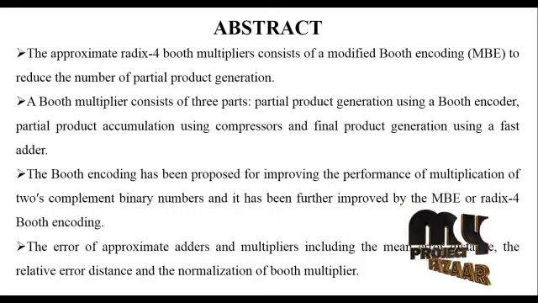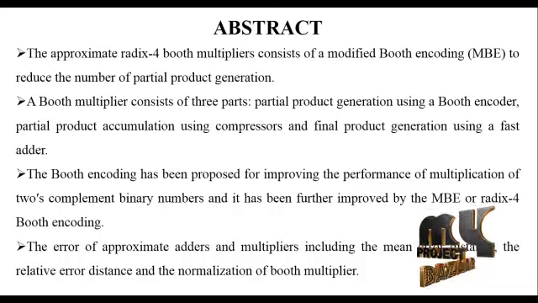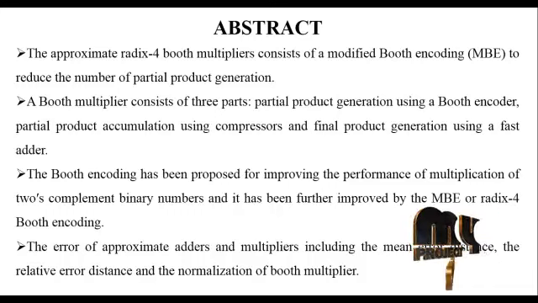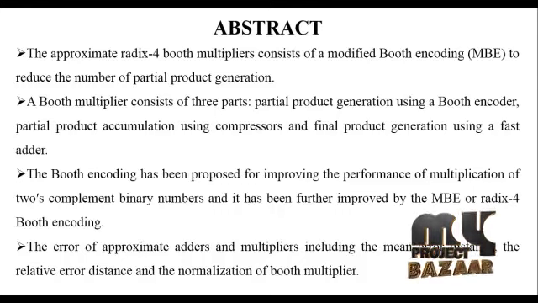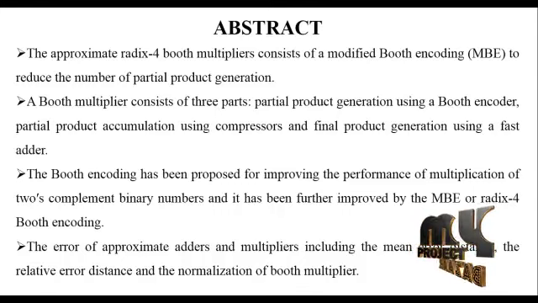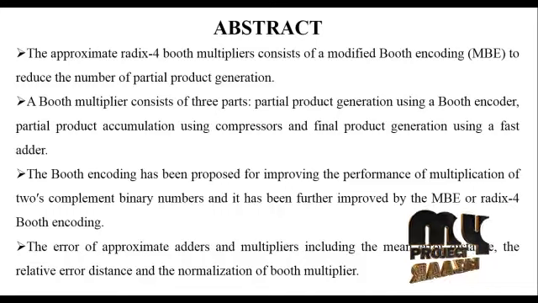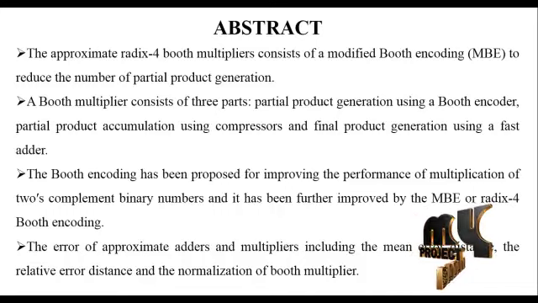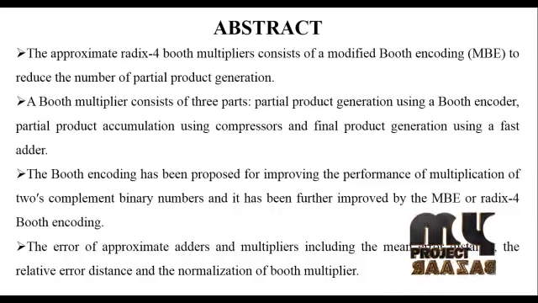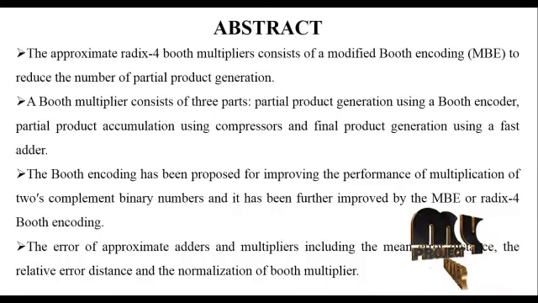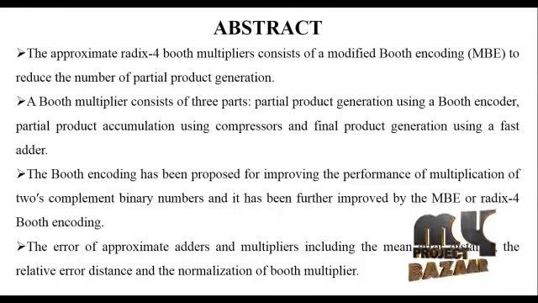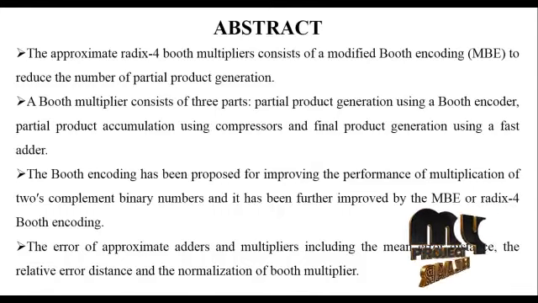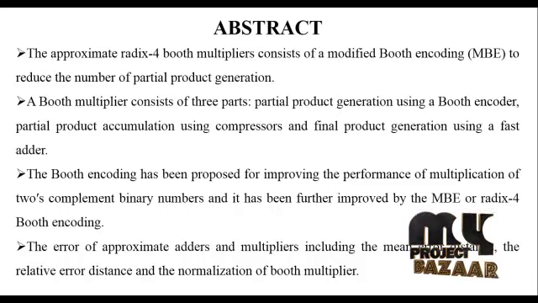Booth encoding was proposed for improving the performance of multiplication of 2's complement binary numbers. It has a further improved form, the MBE, modified Booth encoding or the radix-4 Booth encoding. They finally calculate the error of the approximate adder and multiplier, including the mean error distance and the relative error distance, and the normalization of the Booth multiplier. The Vedic also has the 4